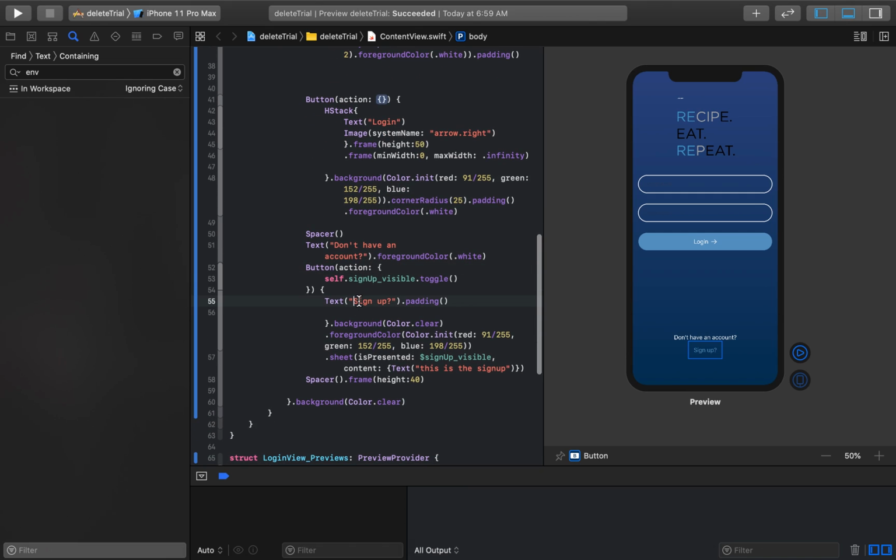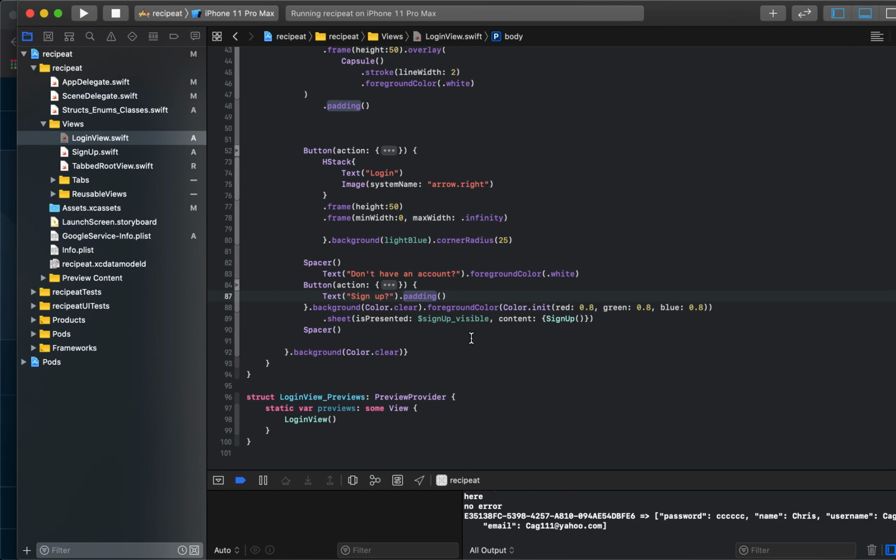This sign up right here. We want it to be a text with padding. We want it to have a clear background and a foreground color of light blue. That's light blue, okay? So the only thing we really need to change here is this light blue. That's the only thing we had to change since we had last touched this together, okay? So what it should look like,